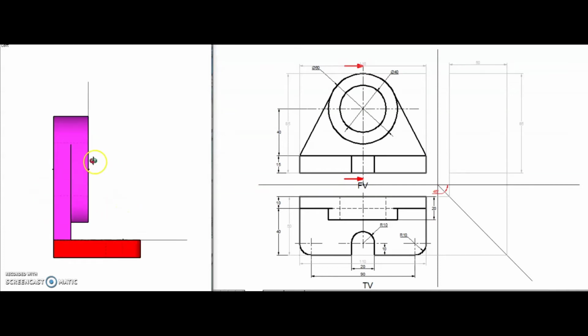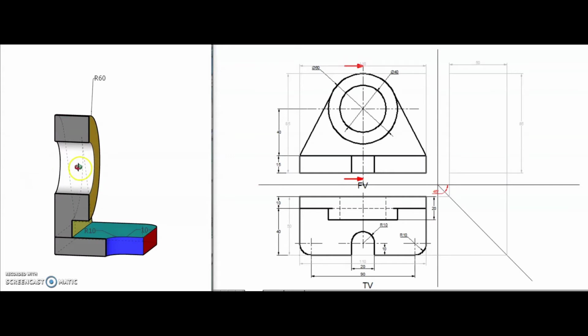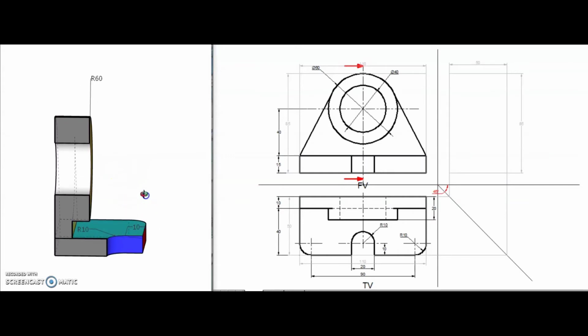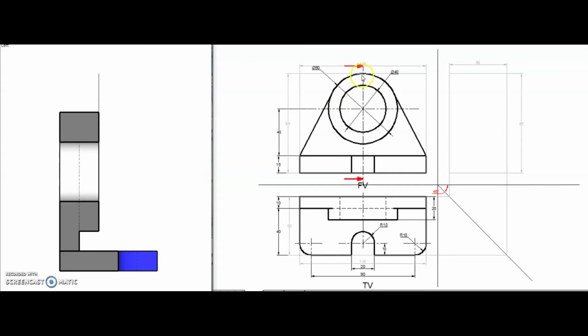Now we have to draw its sectional side view, meaning after cutting, how does it appear? After cutting, it will appear like this one. So this is its side view. Here the section plane is shown. It will cut the portion here, which is shown by a rectangle with hatching lines.